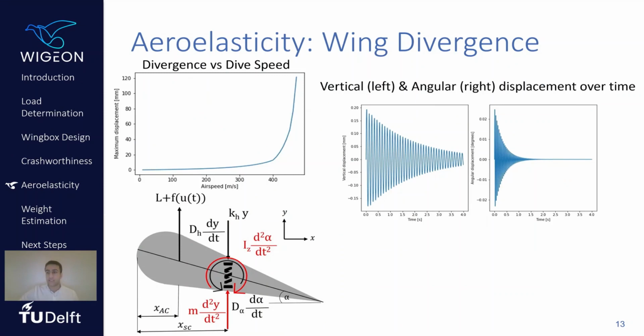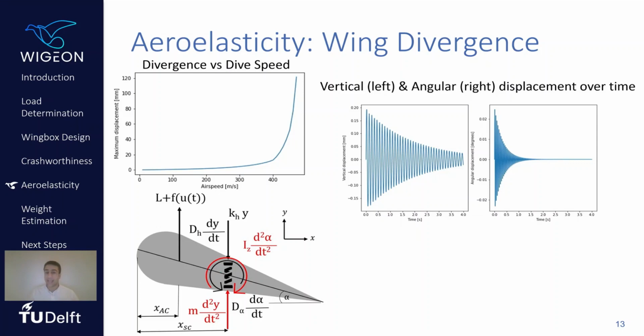Now, I would like to discuss wing divergence, which is essentially the failure of the wing due to torsional and vertical deformations caused by aerodynamic and inertial loads, leading to an unsteady oscillation. To model this, we used a vertical and torsional spring as shown in the bottom left figure, and this was then put into state space form and also solved programmatically. And